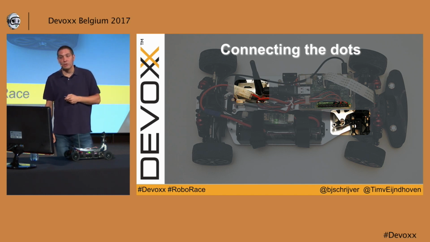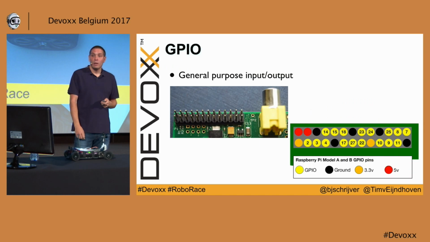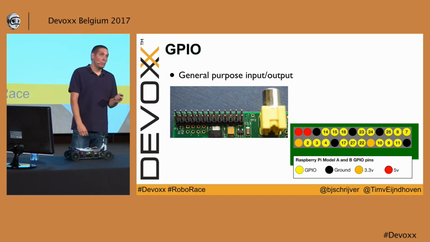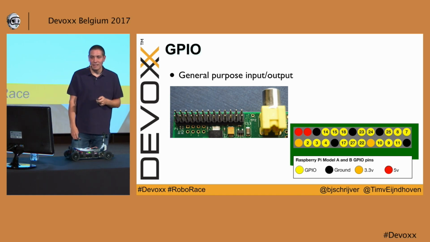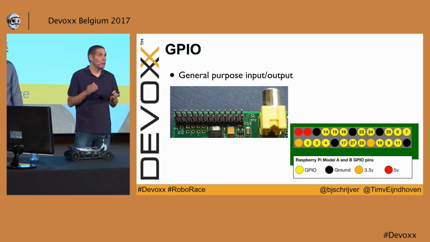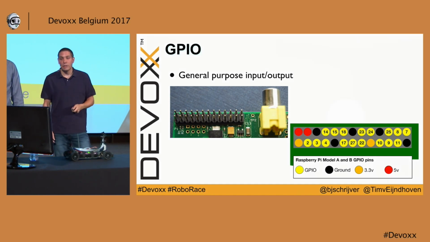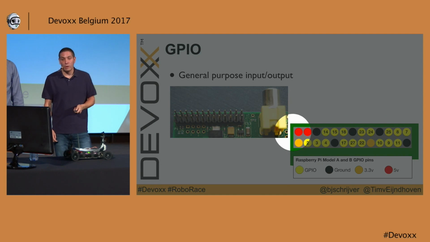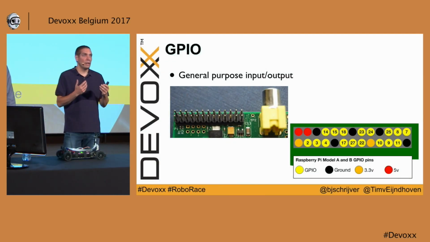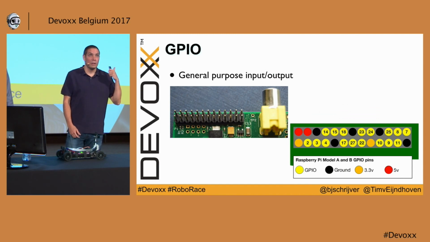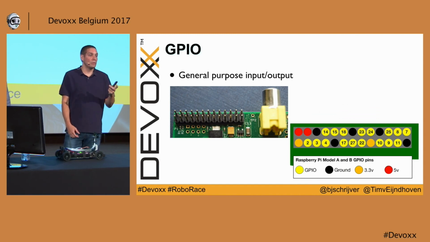So we hooked those up to the GPIO ports of the Raspberry Pi. GPIO stands for General Purpose I/O, which stands for General Purpose Input-Output. And the GPIO pins are pins that you can connect all sorts of stuff to your Raspberry Pi. So there's 2 pins with a current on there, either 5 volts or 3.3 volts. There's a few pins with ground, and there's a lot of data pins. So typically you connect the device to the 5 volt or 3 volt, to the ground, and to a data